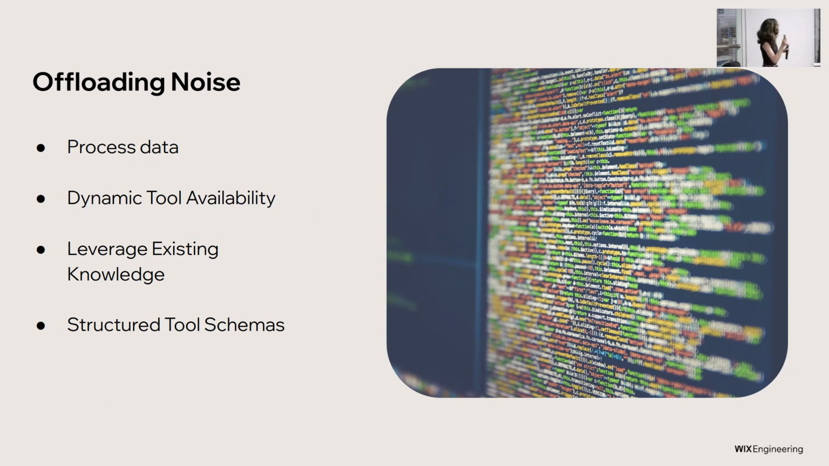Another optimization, very quickly, would be to offload noise. As we said, it's not only just the size of the context window, but what's in it. If we're dumping in JSONs, data, things that might not be relevant, especially as you guys mentioned with RAG, it's kind of an issue. Processing that data,